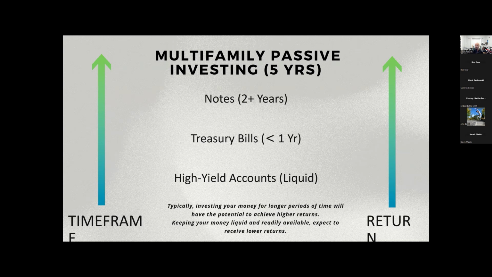That's key to understand, because as you lay out your plan, if you're going to buy, say, an apartment complex, well, you'll buy that in year 1, and then you're probably going to hold that until year 4 or 5, right? As opposed to if you bought, say, a treasury bill at 5 or 6% interest, that's going to be generally less than a year. And of course, if you're keeping, say, dead money in a checking account, well, that's liquid, right? So as you move up the chain, it tends to be a longer investment time frame. The returns generally go up as you move up the chain, hence the range of returns.